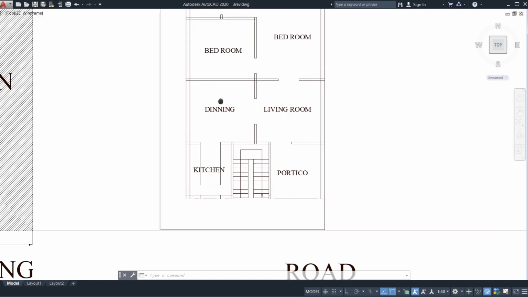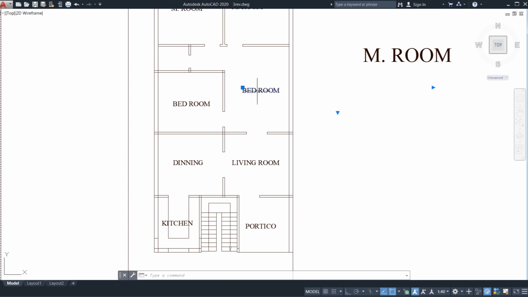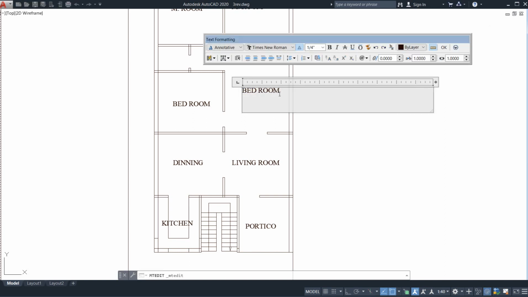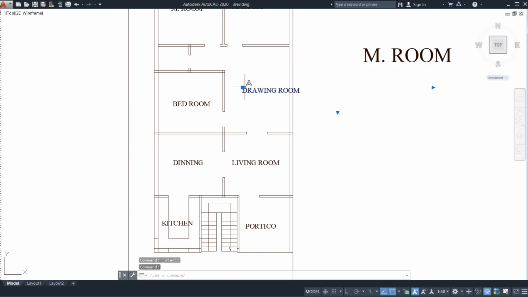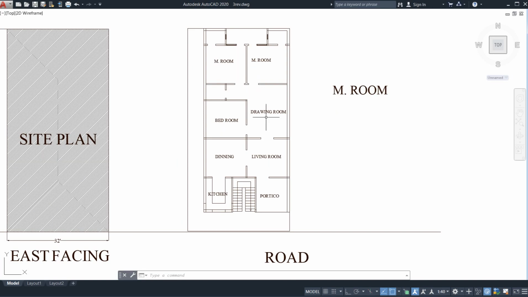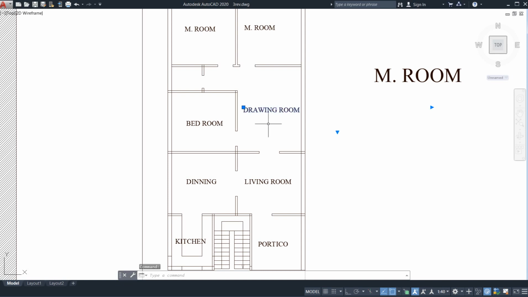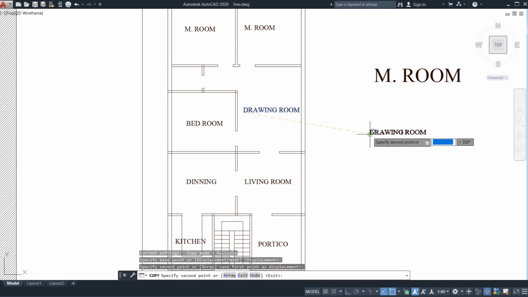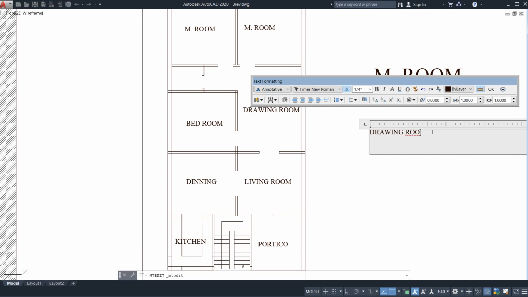So after that, here dining, living, this is my not bedroom, this is my drawing room. So I just make it as a DRA, drawing room, DRAWING, drawing room, right? See, this is my all work has been almost done. So now my work has almost been done. So toilet is still pending. Then what I need to do, just I need to edit this like bath plus toilet.